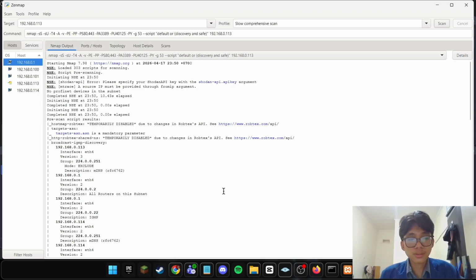In conclusion, this practical provides a comprehensive understanding of network behavior. Nmap helps identify hosts, open ports, and services. From this practical, I learned that every open port and every transmitted packet plays a role in network security. Understanding these aspects is essential for identifying vulnerabilities and improving system security. And I think that's pretty much it.